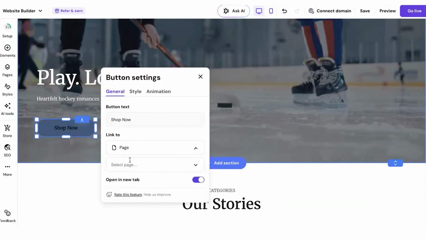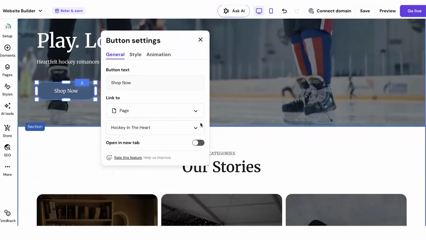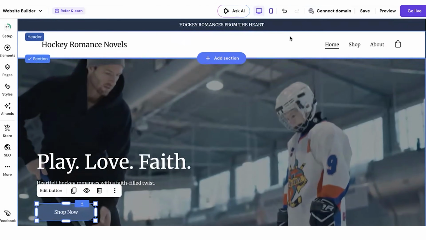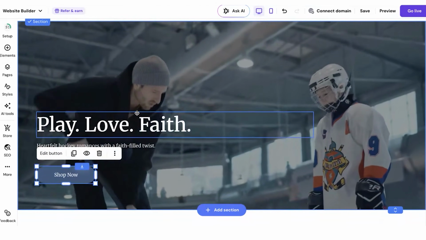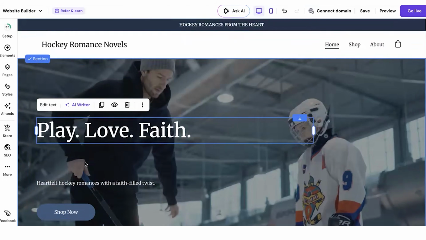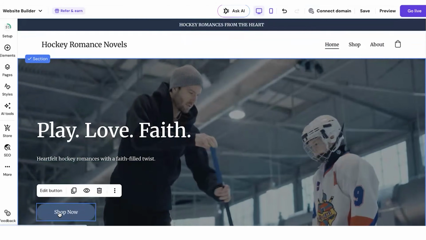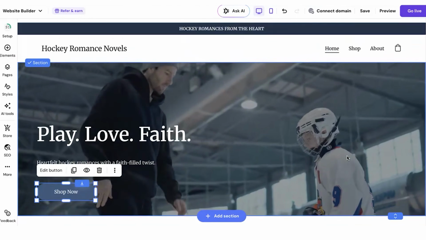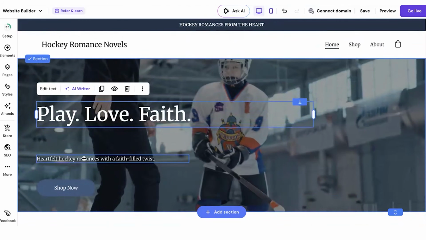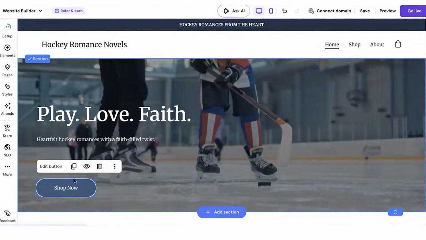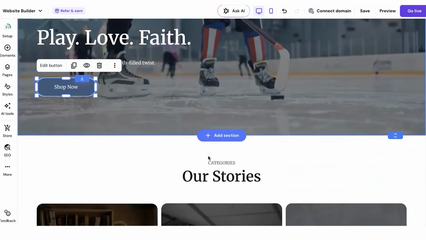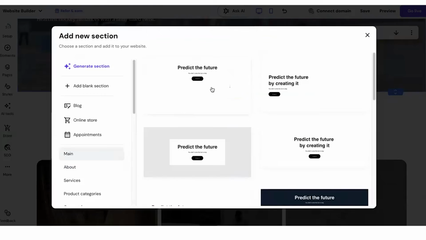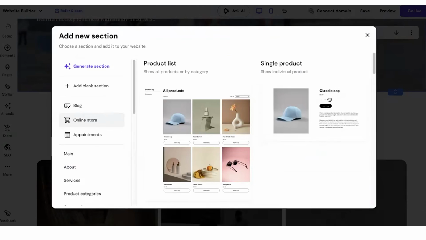You're going to change this to page and select your book. And you see Hostinger is just click and edit, click and edit, click and edit. That's all it is. So what I'll do here, you see how I can just move the stuff around exactly where I want it. And then here I can literally drag this up. Isn't that cool? So you can make it look exactly how you want it to look. Absolutely love this.